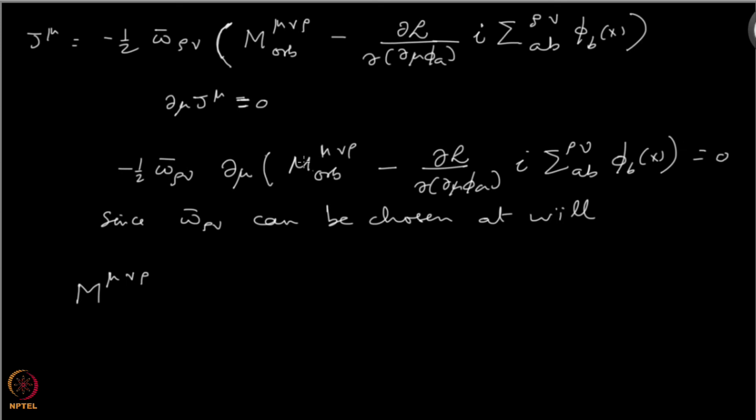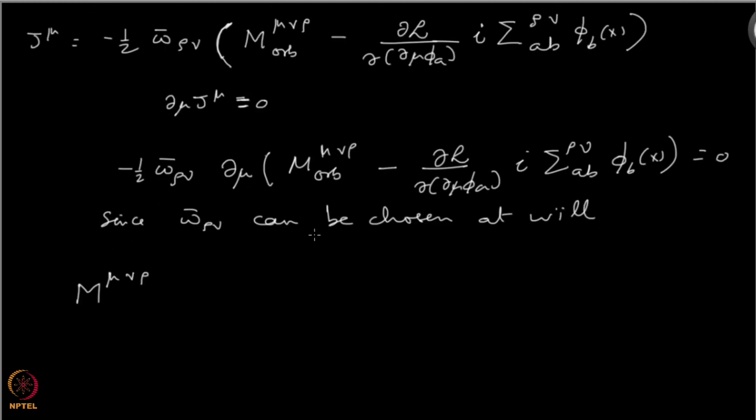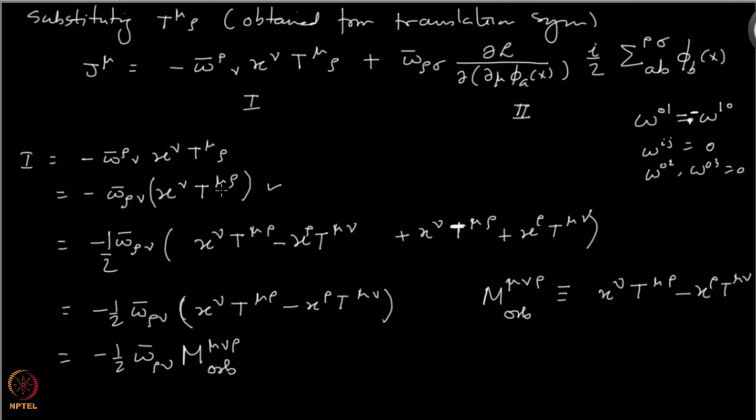The reason I was choosing an antisymmetric part was that I wanted to drop this piece. If I don't symmetrize and antisymmetrize and drop the symmetric part, and I continue with this, then I would be concluding that here the piece correspondingly will be x nu t mu rho, and I would be concluding that